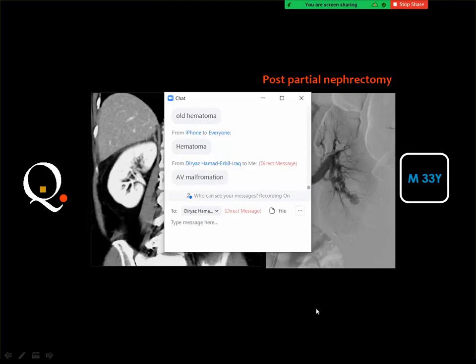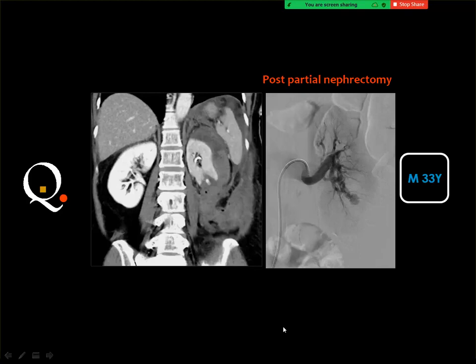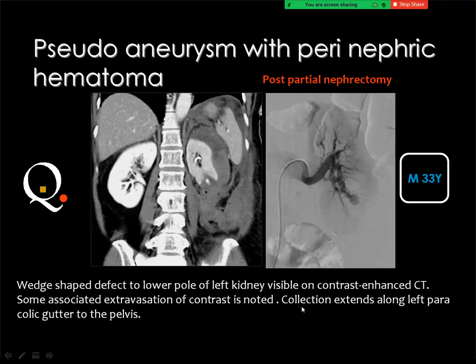I know it's not an AV malformation. Aneurysm, yes, and this is what we call a pseudoaneurysm because it is the sequela of trauma. Where is the trauma? It's a partial nephrectomy. The patient had part of the lower pole of the kidney removed, and this was followed by a big perinephric hematoma and a small aneurysm. This aneurysm was confirmed by DSA-aided selective renal angiogram, and of course an aneurysm that has resulted from trauma is known as